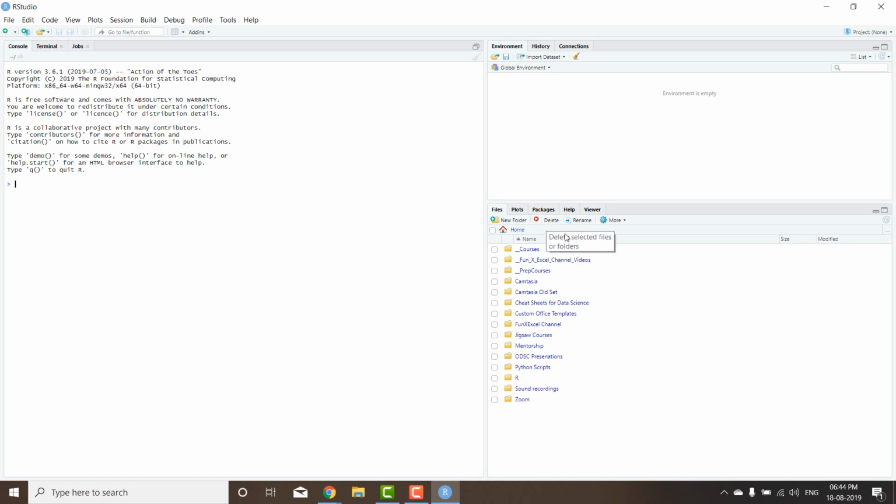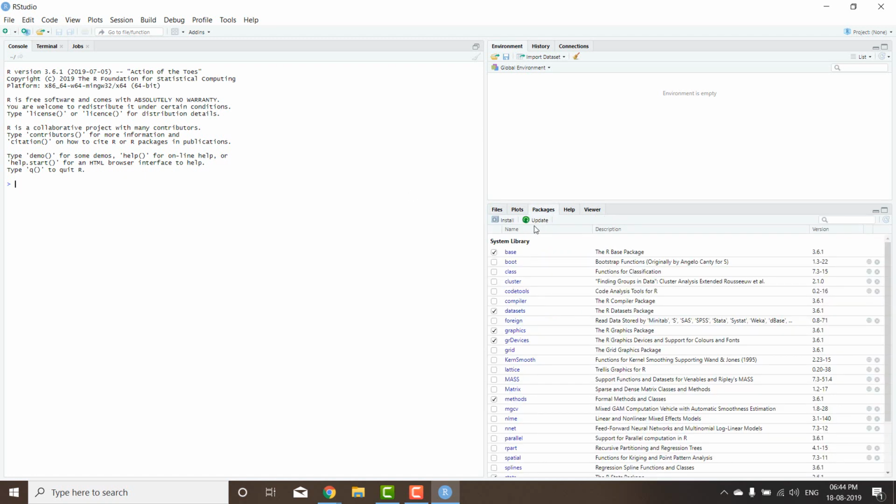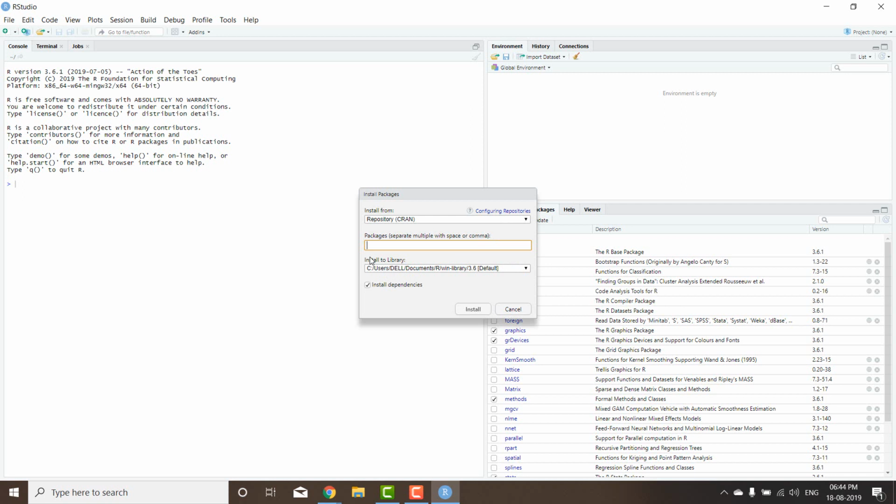If you want to install any packages that you want, you can basically say install and type the name that you want here, right? So for example, I know that the caret package will not be installed. So I'm just going to say caret and give a comma and say ggplot also,